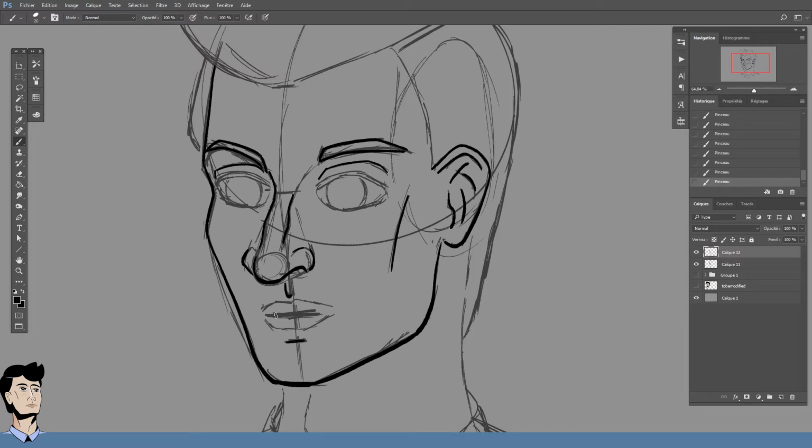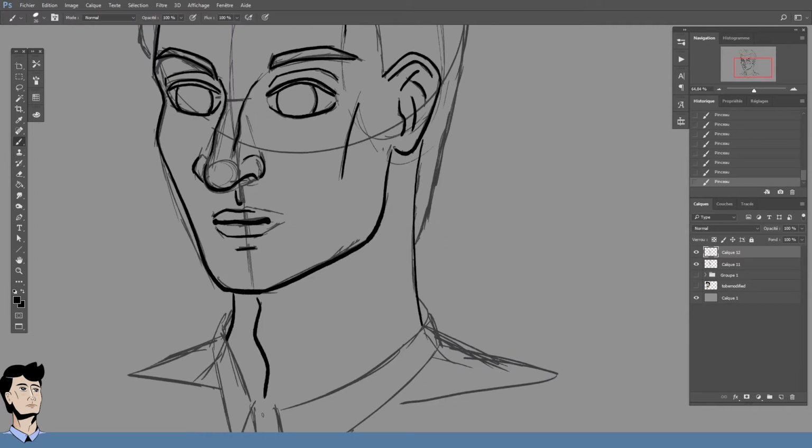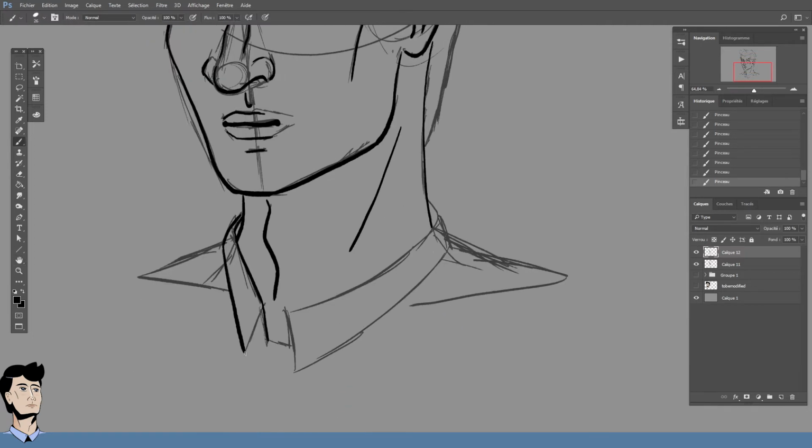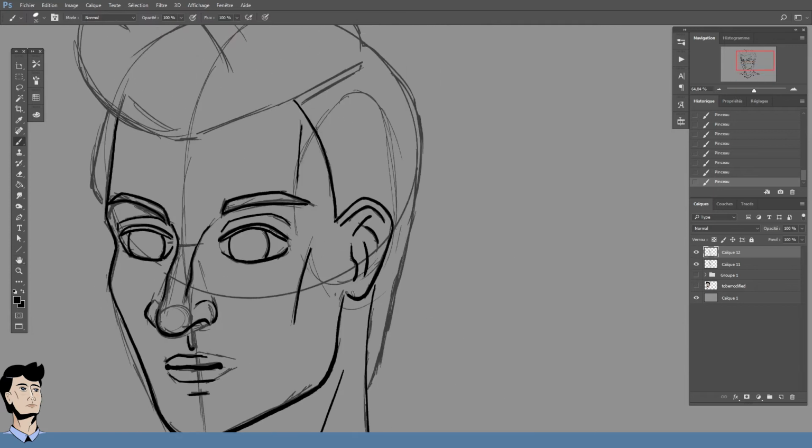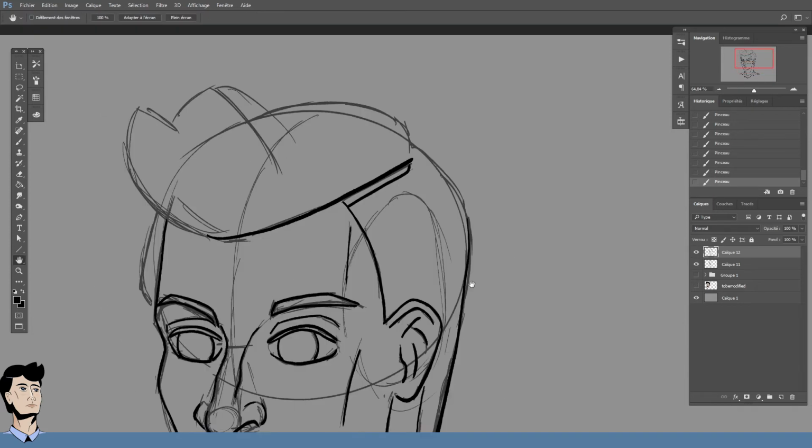To recap, from the top you have quarter point hairline, middle point eyeline, 4/3 nose, 5/3 mouth, and the chin at the end. That's for a realistic approach to proportions, which I will tweak a bit later. After that, I usually draw the outline of the head, which is a bit harder because I don't have great measurements for that, just a large circle.